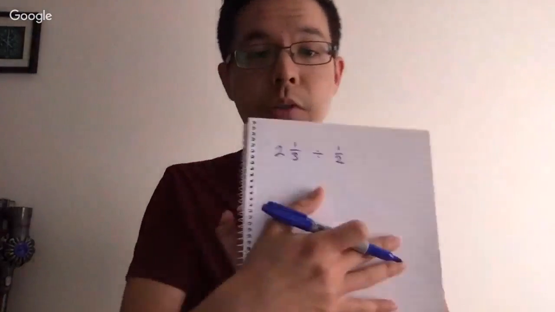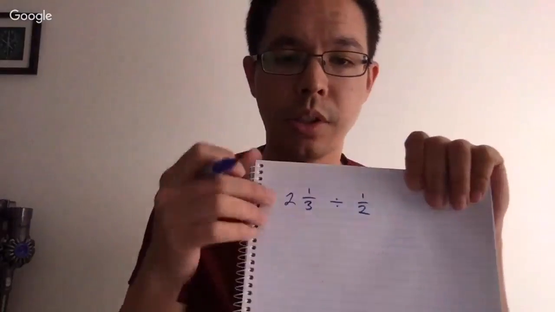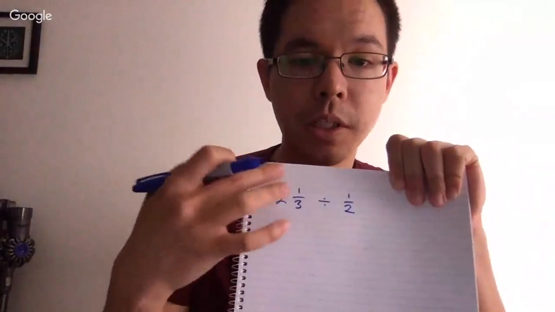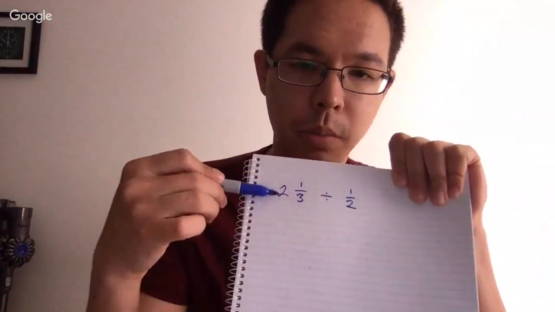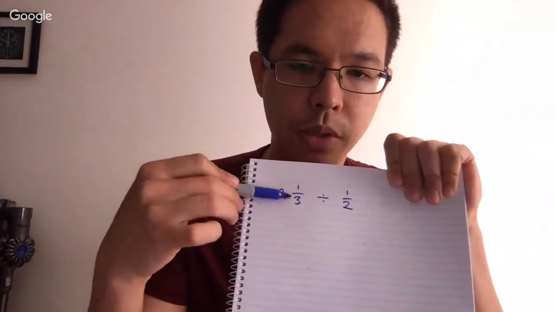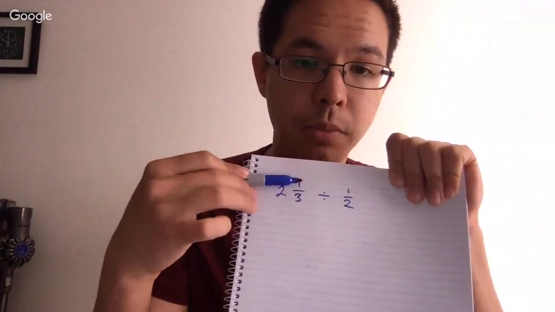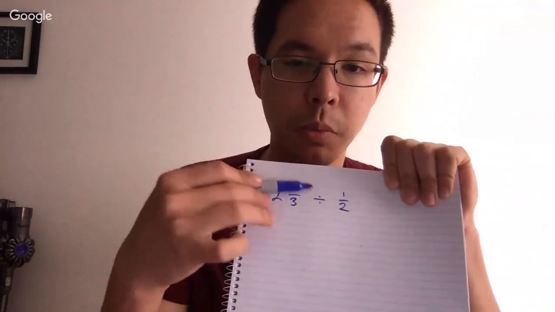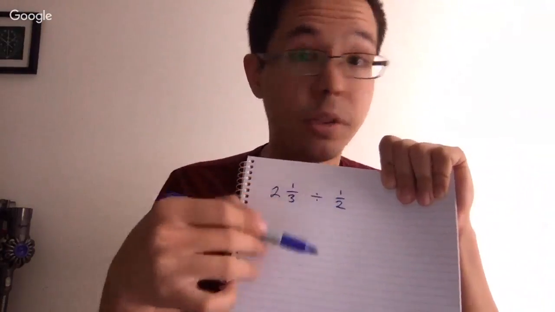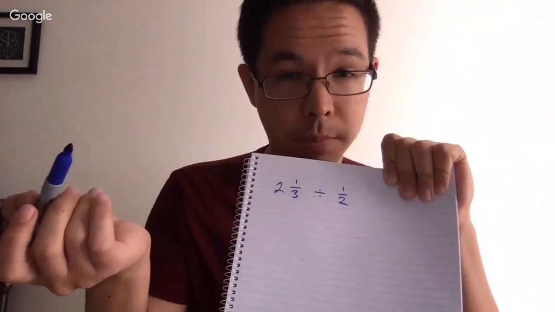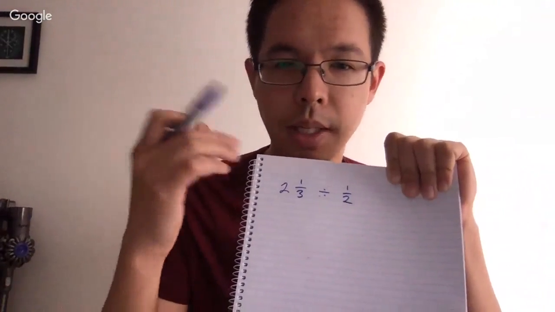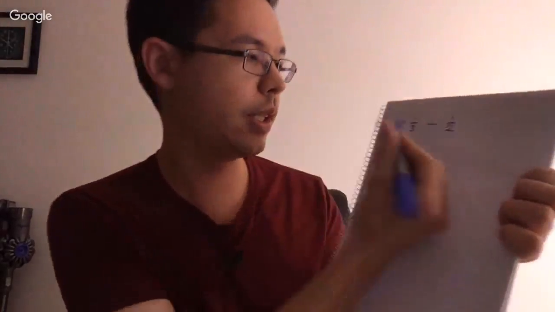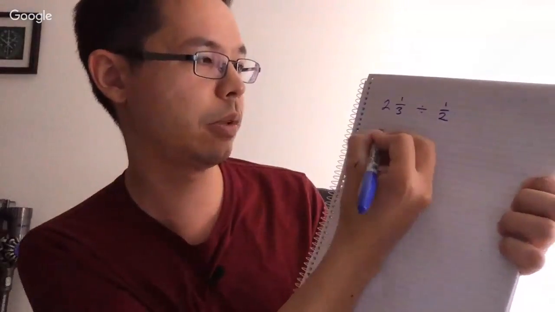So let's say I've got a question like this. So they're technically fractions, but this one's not quite the same. So what I want to do is I want to absorb this 2 into my numerator to turn this into an improper fraction. So it's all one fraction. Then I can just do the flopping upside down and changing this to a multiplication sign. So I think you've been taught how to do that. One way of doing it is this is equal to,